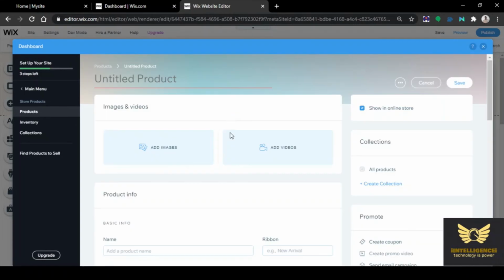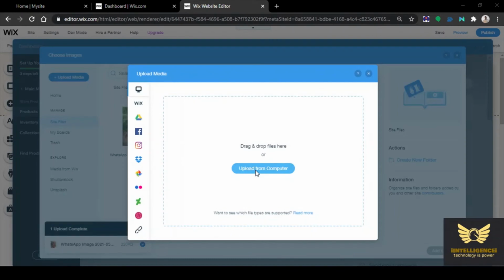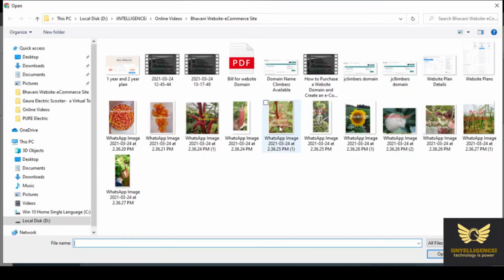New product, physical. Add images. Upload media. Upload from computer.